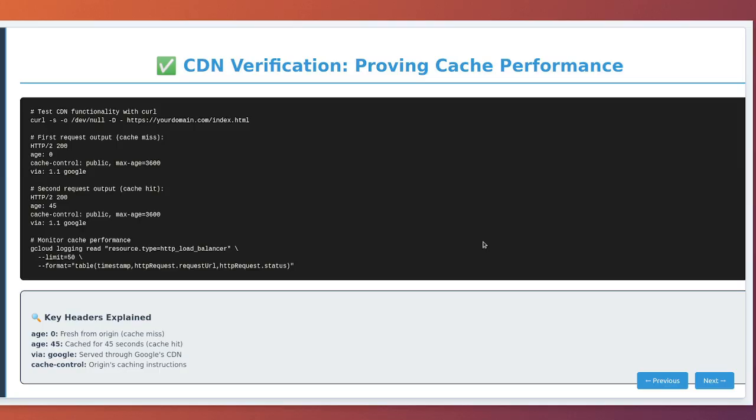The age header is the smoking gun that proves CDN functionality. When age is 0, the content was fetched fresh from your origin server, either because it's the first request or the cache was empty. When age shows a positive number, that's how many seconds the content has been sitting in the edge cache. The first request should show age